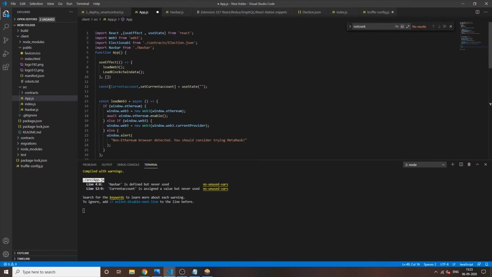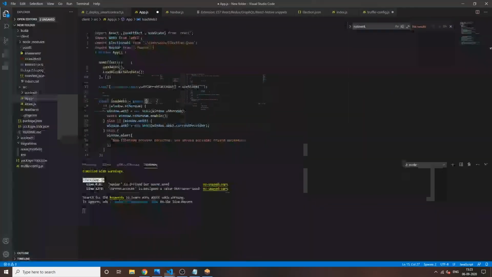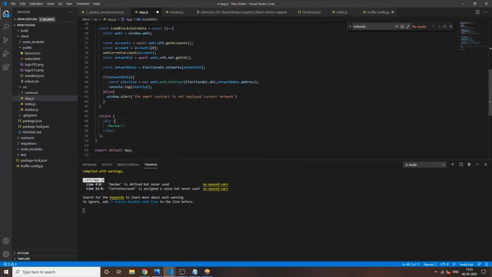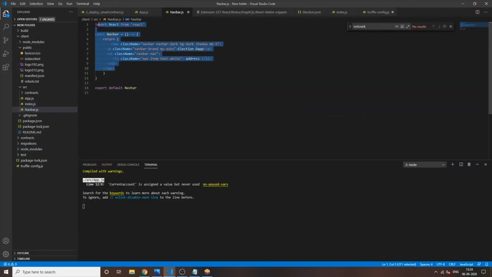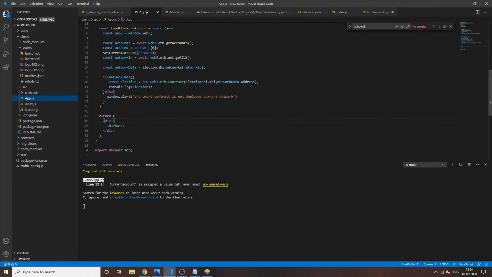We generally give components like this, and we always import them with capital names. When we save, you can't see anything yet because it is returning a div, but when we save it, it returns the navbar. The benefit of defining it in another file is that we can use it again and again. Now you will think, what about the address? How are we going to get the address?